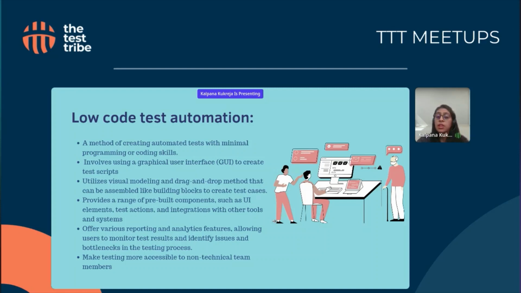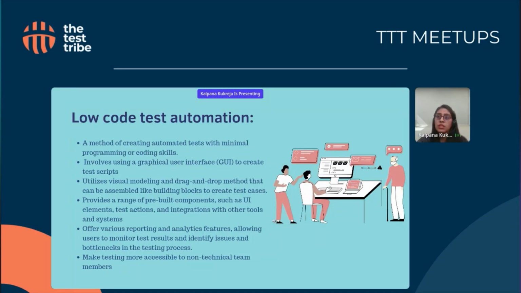So it is extremely helpful in those cases, especially in small teams where teams might not have the resources or the budget to hire people with the programming skill set.